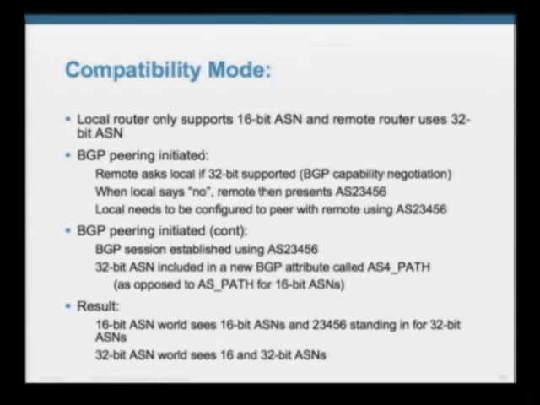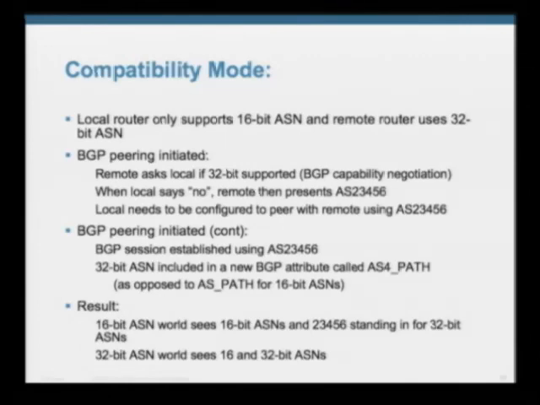When it gets back to somebody who can support 32-bit AS numbers, they know the AS4 path attribute, so rather than printing 23456, they grab the AS4 path attribute and put the right numbers back in place. So it's very clever how it actually works. So the 16-bit world sees 23456 standing in for the 32-bit AS number,